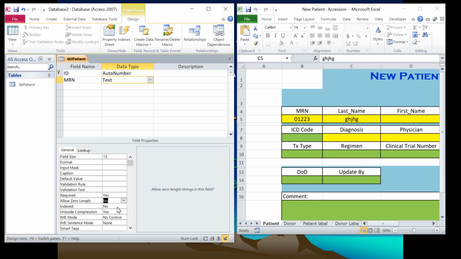Also index, because later I may search the patient by medical record number, so I want it to be faster. So index yes, and no duplicates, because each patient's medical record number is like a unique ID. You cannot have the same MR number for two patients. So this is a very important part here. You can learn other things too, but for me, I think that's a key part I need to set up